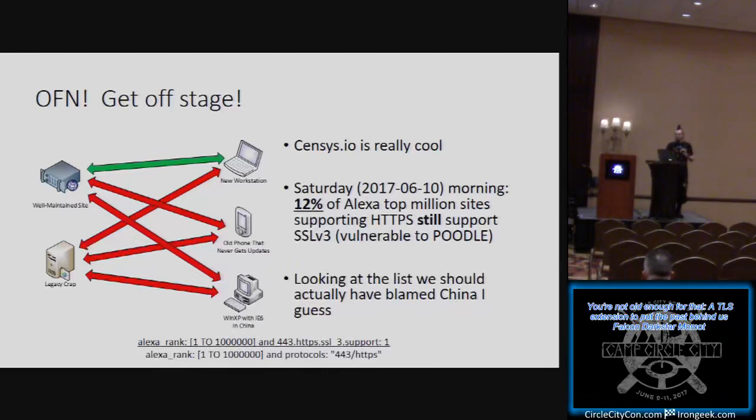If you want to replicate this study or a similar one at any point in the future, you can use this lovely site censys.io, which essentially scans the whole internet Shodan style, but instead of gathering just strings, it gathers a little bit of metadata and statistics as well that are useful to academics like me. If you run those two queries, I'll post my slides later, and just make a division among them, then you will be able to get this number and see it decline over time. You can also check for support for all sorts of other things, including SCADA systems that are online as a proportion of network hosts on the internet in general. It can just answer these queries for you.